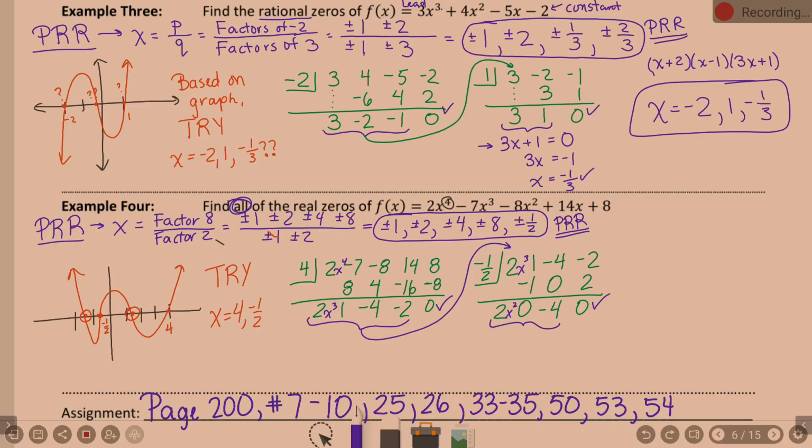We divided the first time, this becomes x to the third. Now this is x to the second, right? So 2x squared minus 4 equals 0. Solve it. 2x squared equals 4. x squared equals 2. And then if you square root,